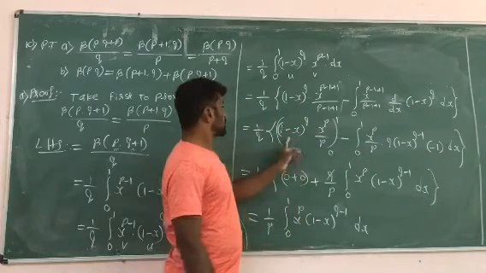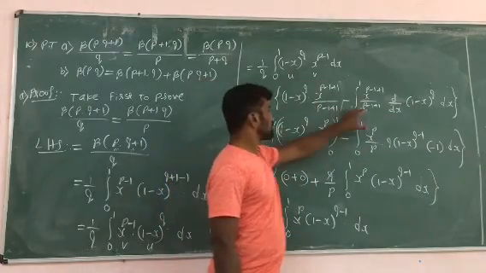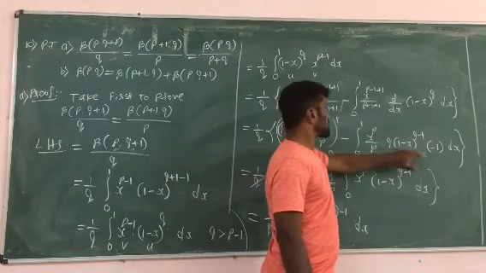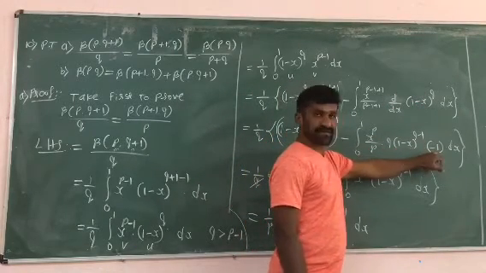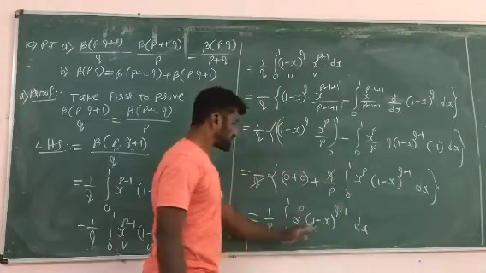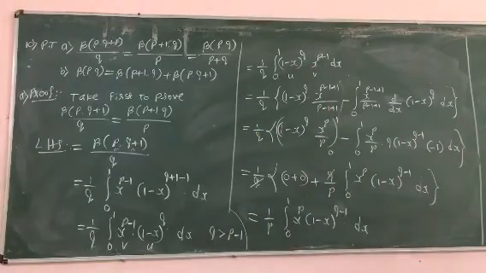Clear? Then I will simplify it. So the limit is 0 to 1, I will apply it to this part. So this is differentiation of x raised to n into x raised to n minus 1 into differentiation of x. 1 minus of x is minus 1. So simplify this, we get this. Further simplification.